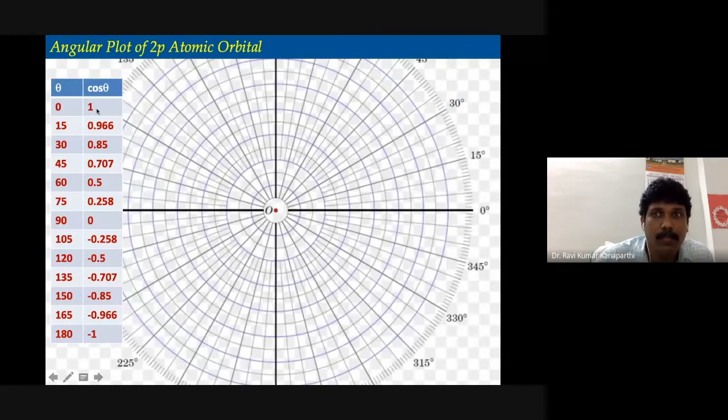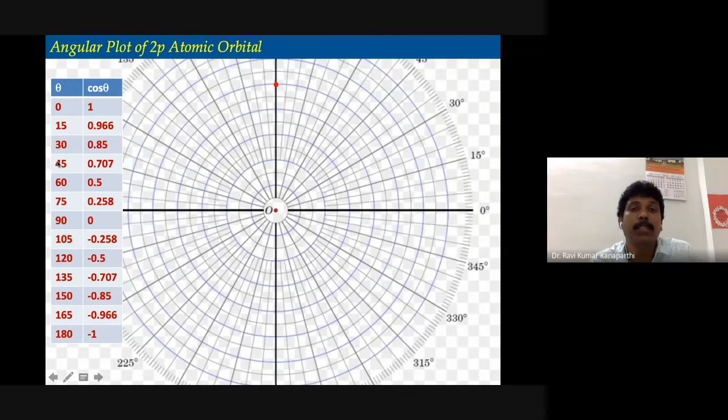Cos 0 is 1, okay, and cos 90 is 0, and cos 180 will be -1, and in between these values I have just evaluated. Of course, if you remember simple basic trigonometry, you can immediately calculate these things. Well, now after calculating this, theta is our x basically. So how to plot these things?